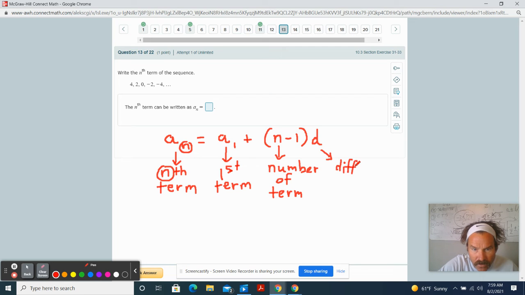Okay, so they're looking for a formula here. The nth term can be written as, all right, so let's see. It already has the a sub n right here. A sub n, that's this part right here. So they're not asking you for the fifth term. Obviously, they wouldn't ask you for the fifth term because the fifth term is right here. That is the fifth term. They're asking you for a formula for the nth term. So here it is right here, a sub 1. So we put in a sub 1. A sub 1 is 4